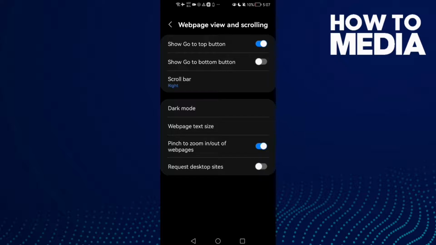If you want to turn it on, all you need to do is just click on it one click, and as you see, show go to button has been turned on. Now just go back,